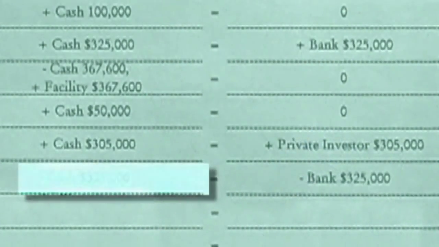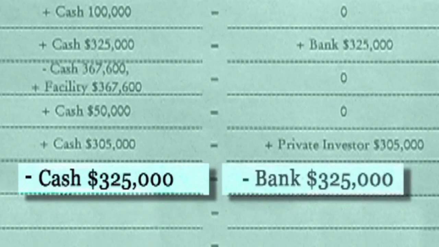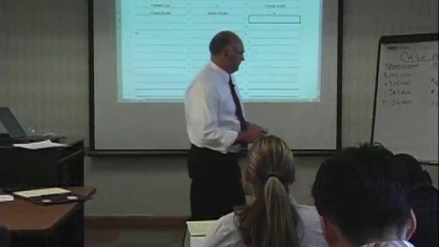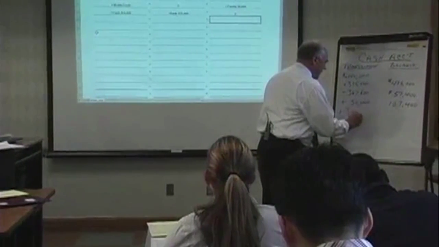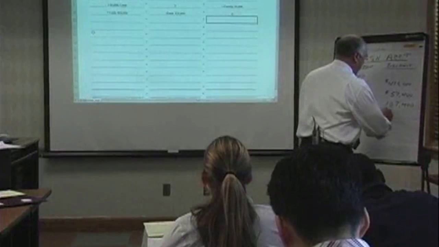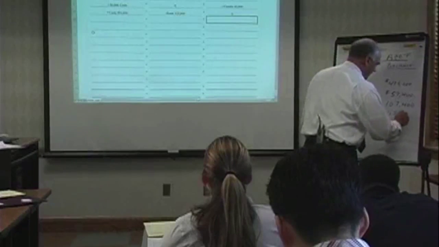So from our available cash, we reduce it by $325,000 to pay off the construction loan and to remove the bank's contribution from our balance sheet. We no longer have an obligation to the banker. And we better test our cash account, add the $305,000 from the private investor, which to our available balance brings it to $412,400,